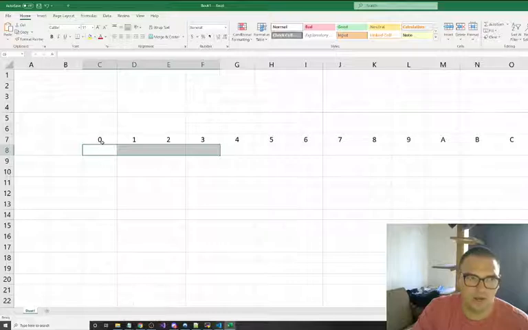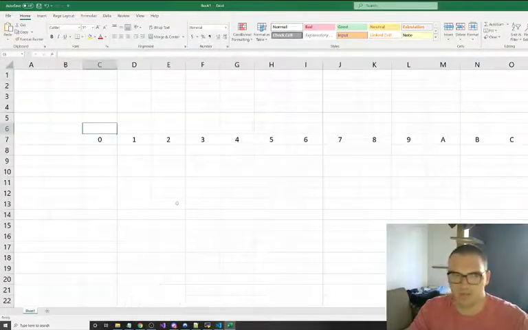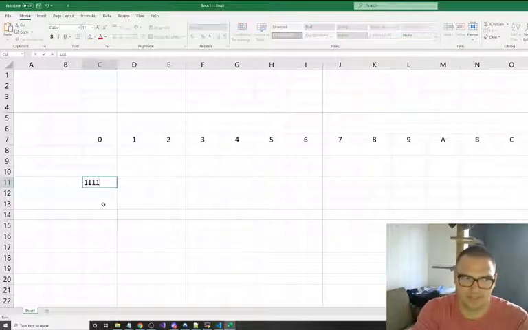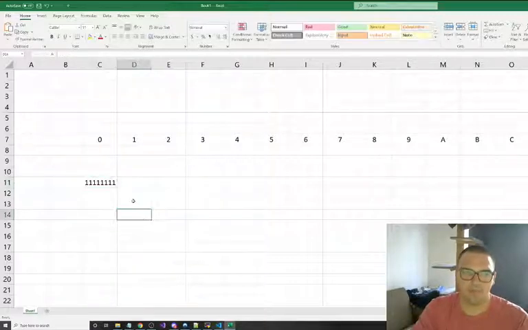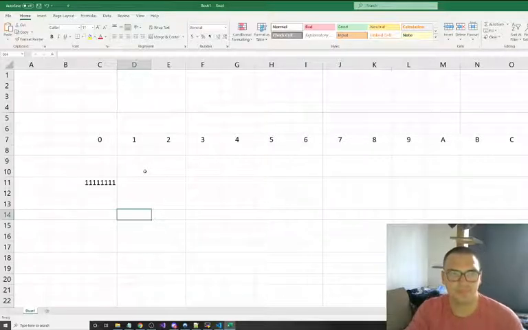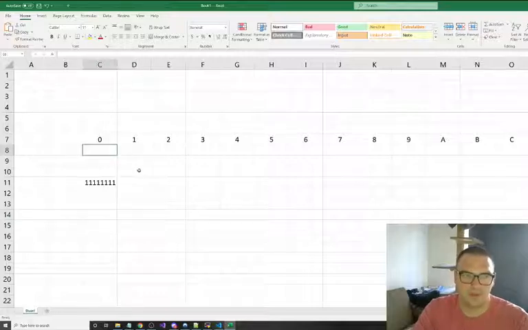Notice that bytes are represented kind of like this. They take up 8 whole spots, 8 bits: 1, 2, 3, 4, 5, 6, 7, 8. So that is 1 byte. That is 1 byte. And in here, we're going to store some stuff. And so let's say that we take